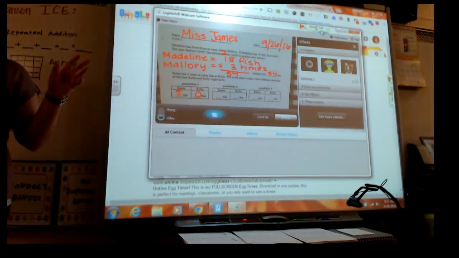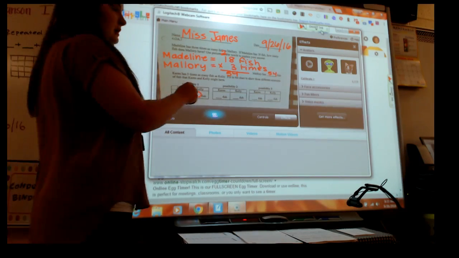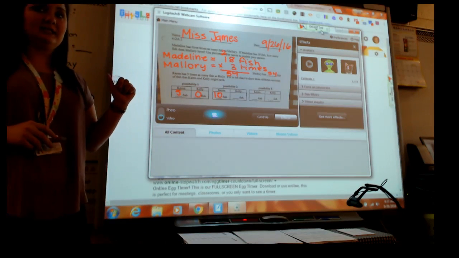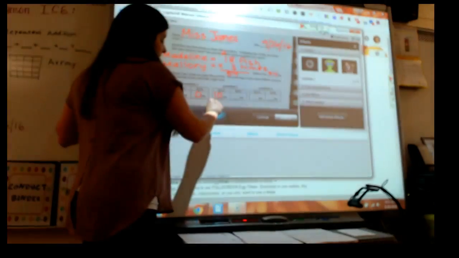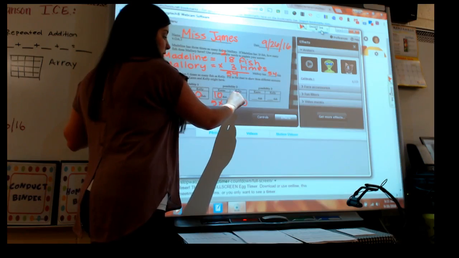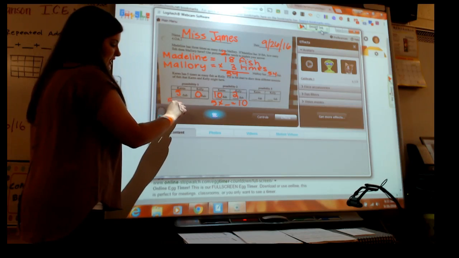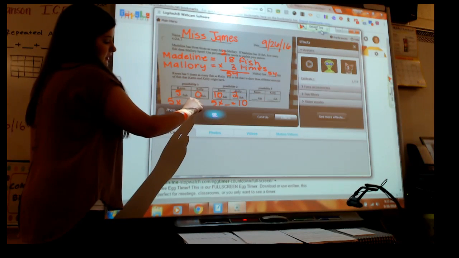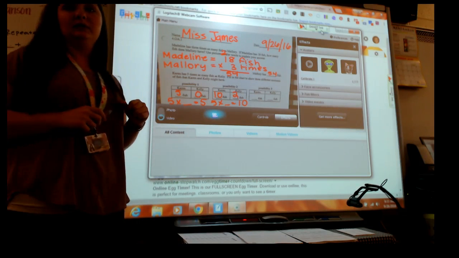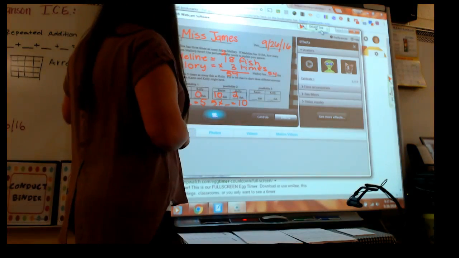Alright, let's do skip counting of 5. So this time, how many would Karen have? 10. Now it says Karen has 5 times as many as Kelly. So 5 times blank equals 10. 2. So Kelly would have 2 fish. Does that make sense? So just like right here, 5 times blank equals 5. Let's look at that again. How many fish would Kelly have on this one? Oh, we got 1.